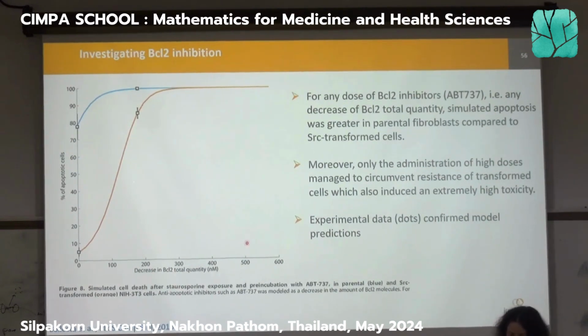Those are the simulations, so the curves here are the simulations. Again, the dots are the experimental data, there are 4 of them. We are looking at the decrease in BCL2 total quantity. You can see this as the dose of the BCL2 inhibitor, which by the way has a nice name, ABT7300, that's the name of the BCL2 inhibitor. So on the x-axis you can see the dose, and on the y-axis we are looking at the percentage of apoptotic cells at the end of the